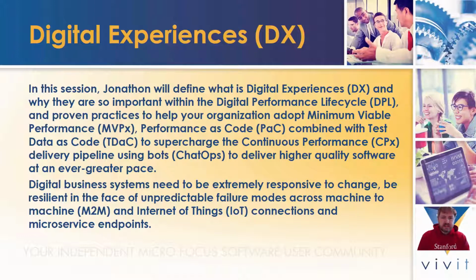Therefore, performance as code would be very important. So this ability to execute a number of lines of code, which you can check in to GitHub, which will then create the test and actually be able to run and execute performance engineering scripts. And then finally, which is the most important and most difficult component, is around test data as code. The ability to generate synthetic test data on demand as part of your continuous performance delivery pipeline.